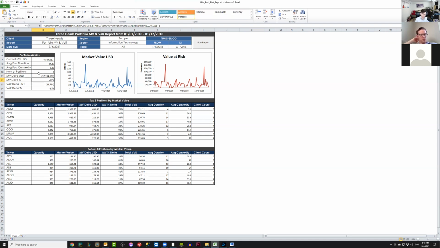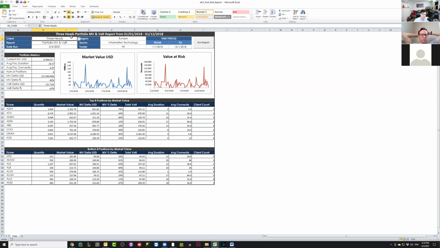That means this client has dumped 89% of their book with us, which means they're giving their money somewhere else. They're either closing shop, which is bad because we lose trade money on them, or they're going to another bank or hedge fund doing their trades there. Also very bad for us because we're losing all that business. So this is a really important report from that perspective.